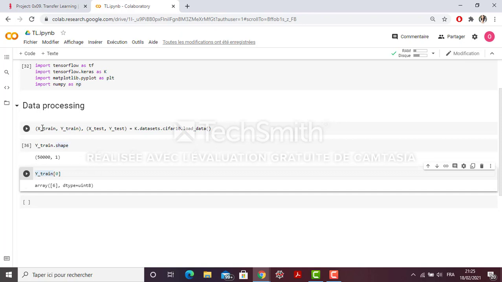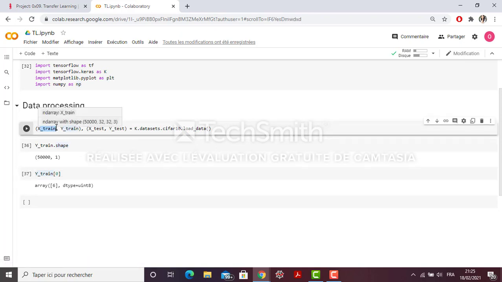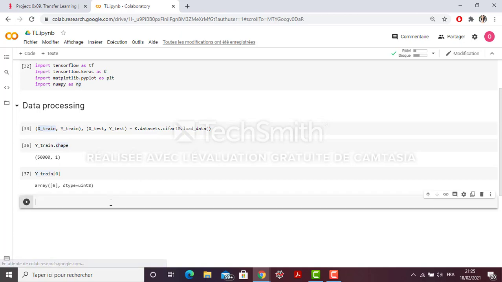And then we need to normalize the values inside the xtrain. For example, one way to do this is to divide the value of pixels by 255. 255 is the maximum value of a pixel. So this is the classic way to do the processing of the data.